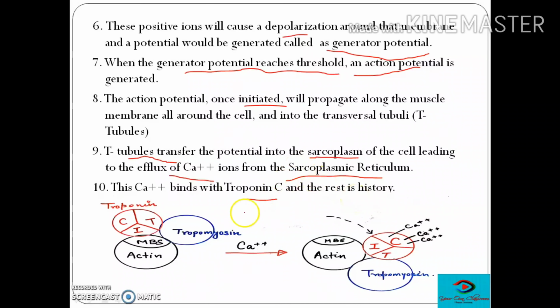In the last lecture I explained how this calcium binds with the C site of the troponin, and this entire complex drags down, leading to the exposure of the myosin binding site present in the actin. And the next event: there is an ATP binding site in the myosin head, which, due to its ATPase activity, leads to the breakdown of ATP into ADP plus Pi, and this ADP plus Pi causes the myosin head to make a pivot-like structure, and sliding occurs.